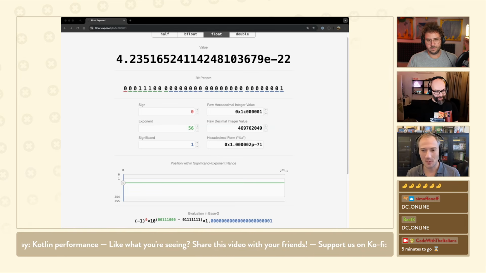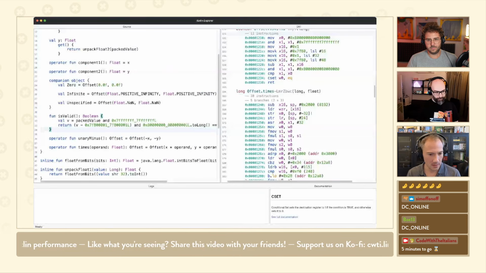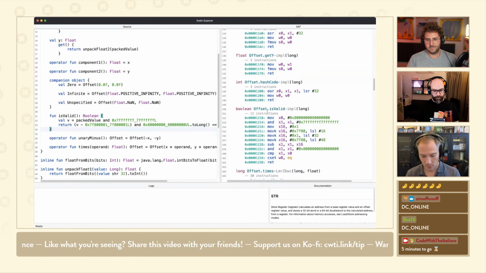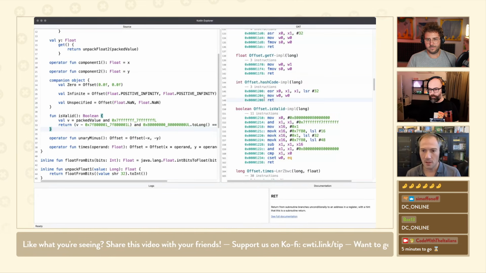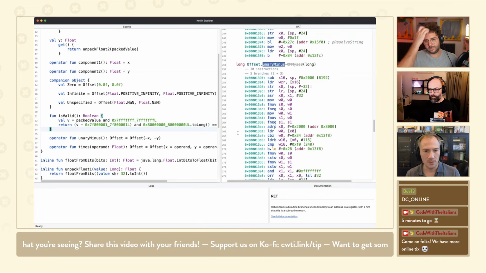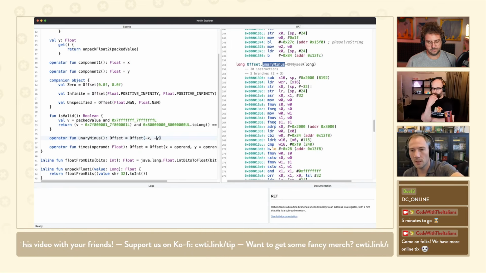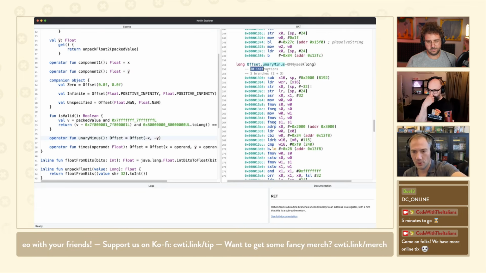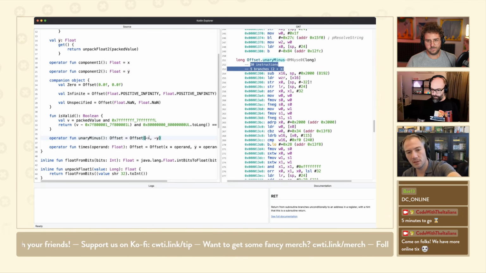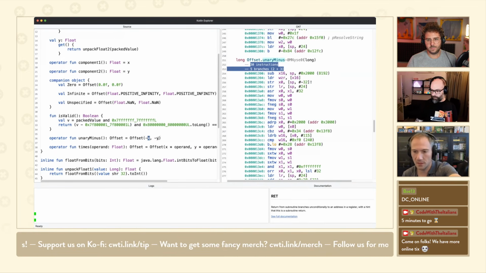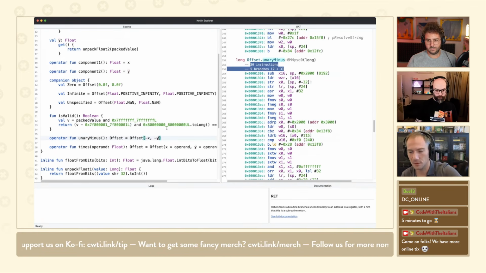Here's another interesting operation. Is my window back? Kotlin Explorer. Okay. So if we look at the unary minus operator, so this is you just want the negative, the opposite value. So unary minus, if I say minus my offset, it's going to give you the minus x and the minus y. Third instructions, same thing. What it has to do is that it has to extract the two floats, take the opposite value of both floats, and then repack the floats inside the long.